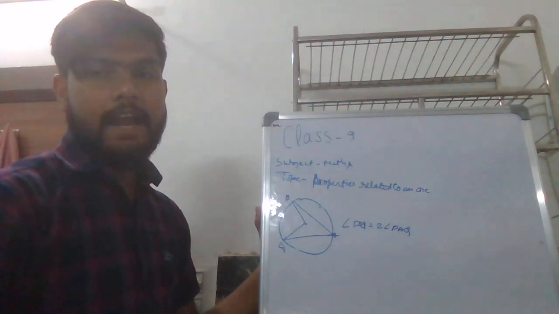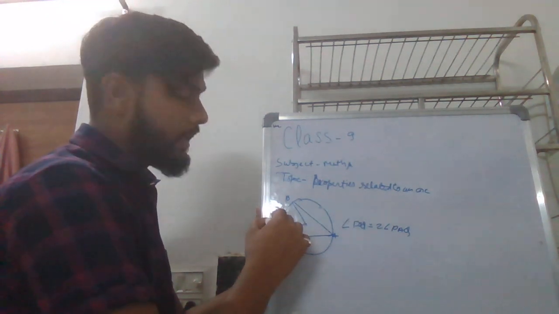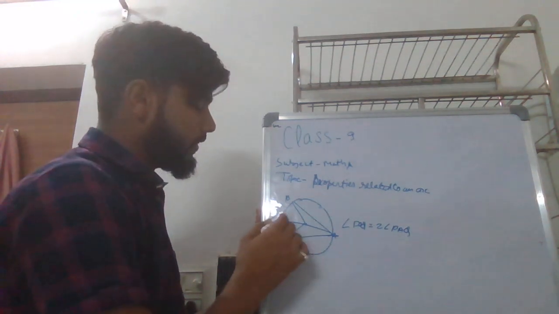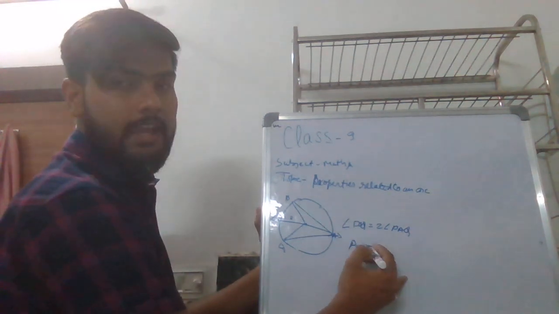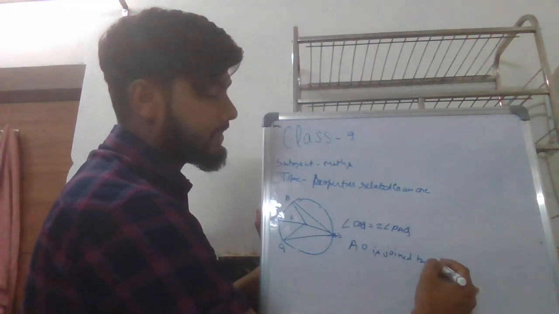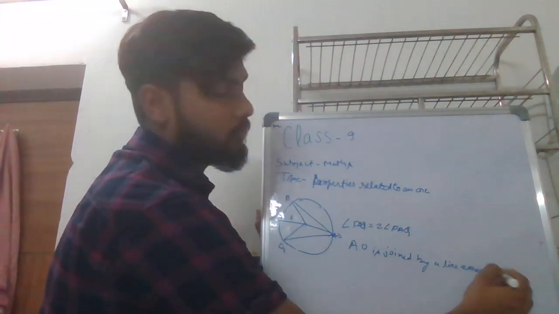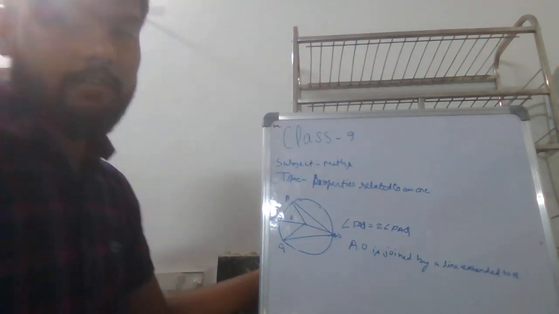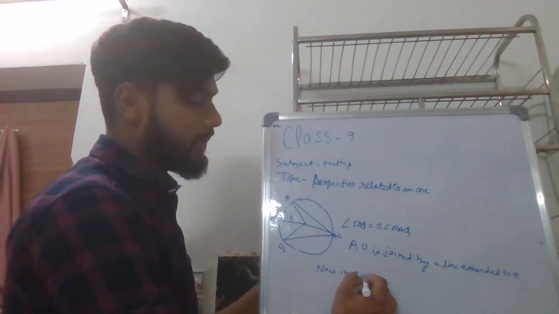So here we will see that AO is joined by a line extended to B. Okay, this point we will name as B. So here we can see that AO is joined by a line extended to B. Okay, so after that, what is given? Now we will check in triangle